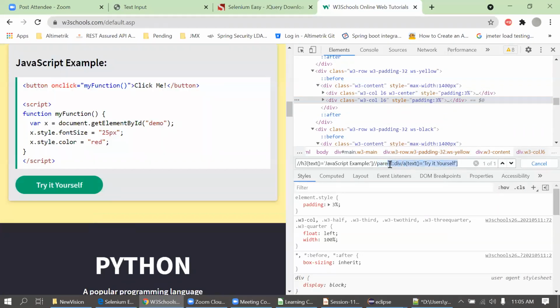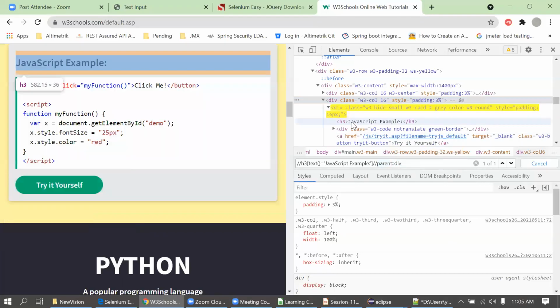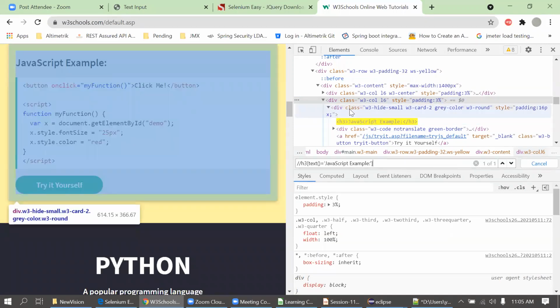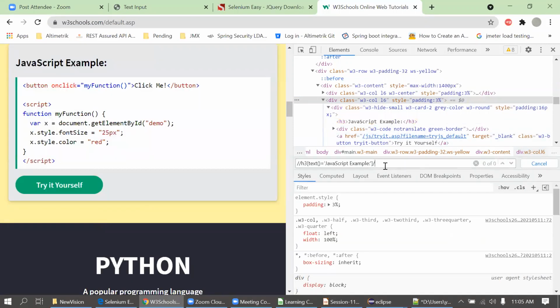I will delete this now. This is my XPath. In the JavaScript example, I want to go to this division. That's why I wrote this double slash. Whenever I want to navigate forward or backward, I use the slashes. If I want to navigate only to the immediate backward or forward, I use a single one.